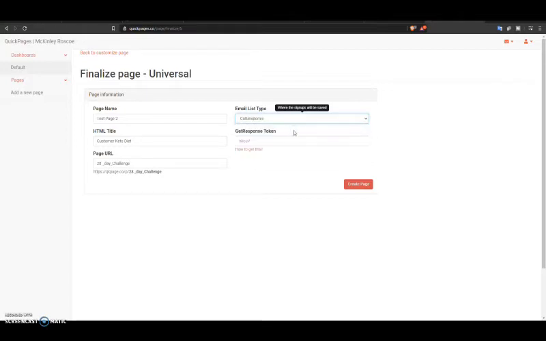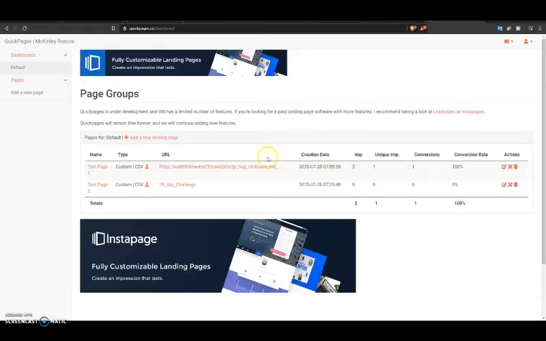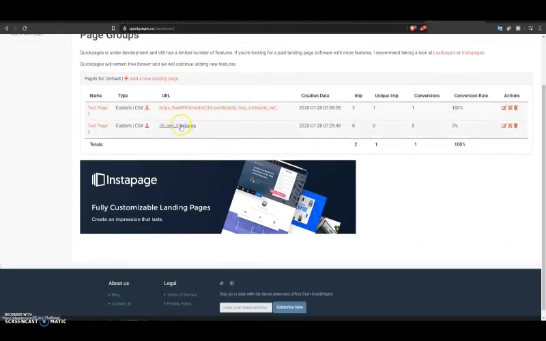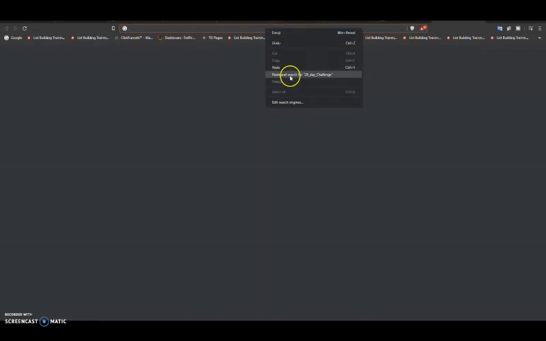But you would just click here, and then you would get what it says is a GetResponse token. Not sure what that is, but in GetResponse it would show you how to get that, and then you just create the page. Okay, as you can see, the name of my page is 28-day challenge. Okay, and this is your actual link. Okay, copy this. We'll go ahead and paste this into